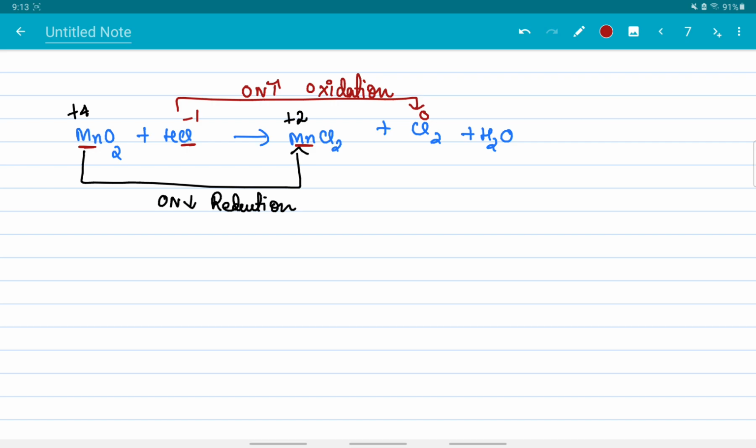Next step is to check for the Cl. Here the Cl was getting oxidized, so only check for that Cl. Don't see the Cl with other Cl. Just think about this particular oxidation reaction. Just forget about the other elements present over there and see, here there is 1 Cl and here there are 2 Cl in that oxidation reaction. So let me multiply this with 2. Now this becomes 2 Cl over here and 2 Cl over here. So that step is done.